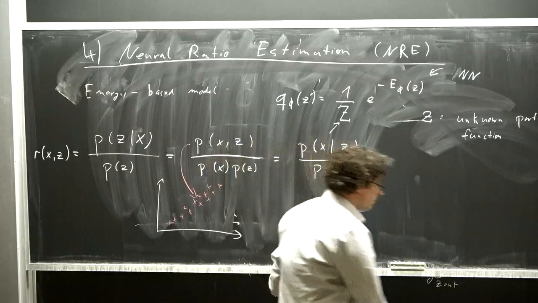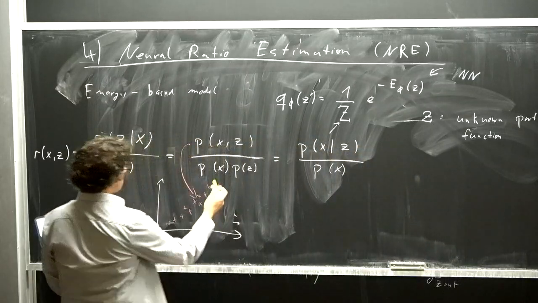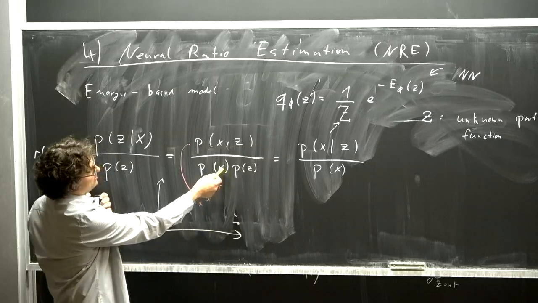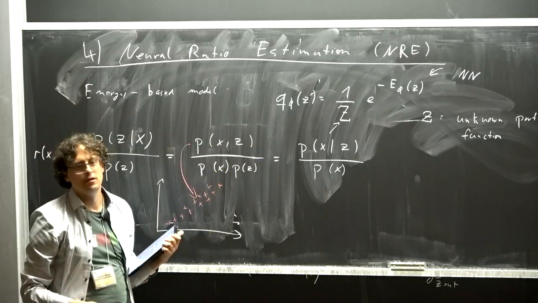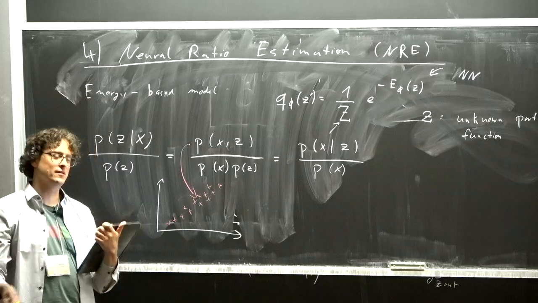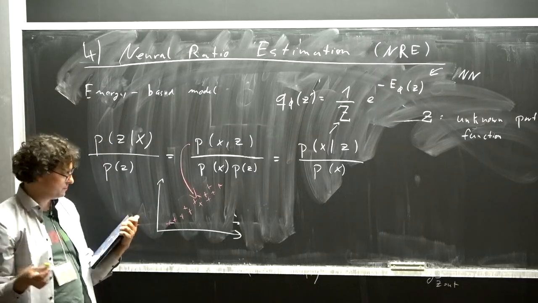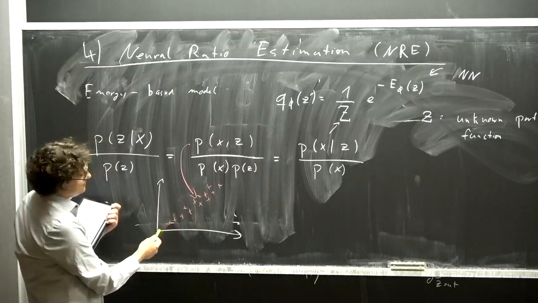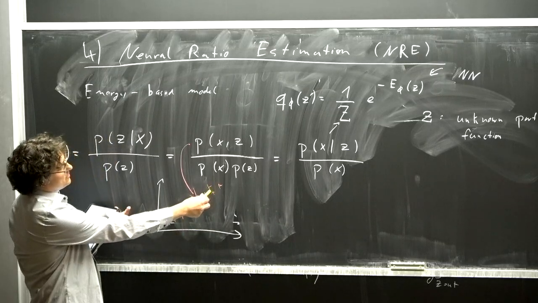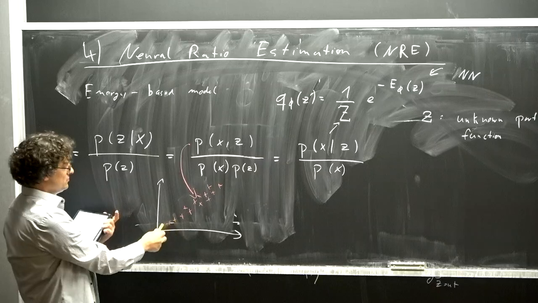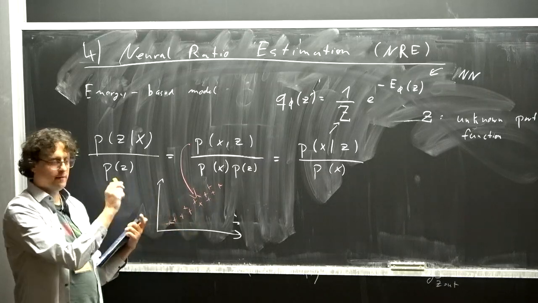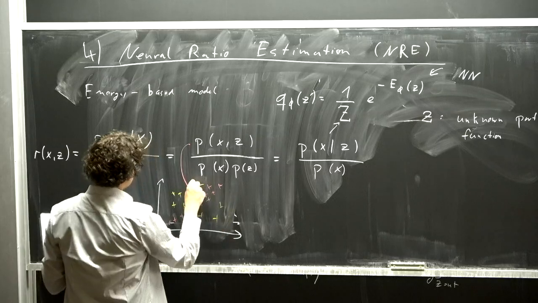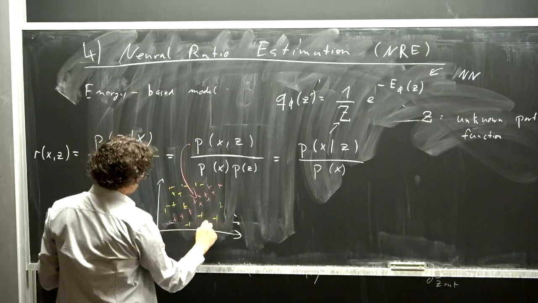And then we have the marginal model, which works like we sample a parameter somewhere, and then we sample independently an observation, which we can do by sampling yet another parameter and sampling an observation for that, and then forgetting about the parameter that we used to sample that observation. And what we get in this way is basically the same distribution, but scrambled independently. So we would mix x and y parameters randomly. And so what we end up with is a distribution that is all over the place, right?